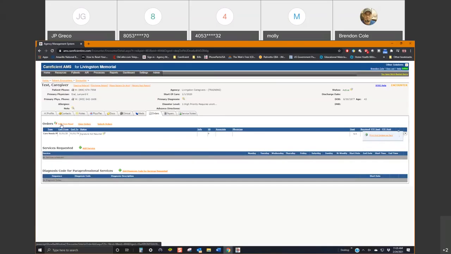So now they moved the link over here, and it's different because home health is still under this other pop-up menu. So over here, you see where it says Add Care Need? You'll click on that,